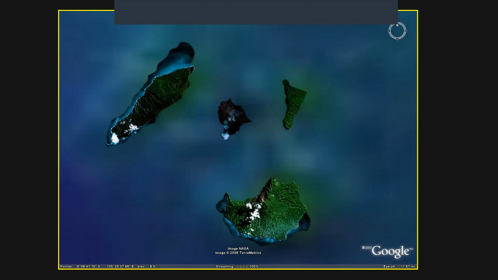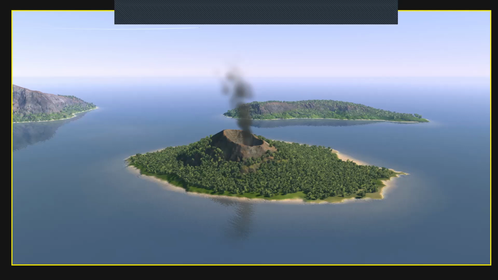This is a Google Earth image looking down on Krakatoa. Krakatoa is located, it was an island, it kind of is still, between Java and Sumatra in Indonesia. And in 1883, it exploded, obliterating 70% of the island. The sound could be heard in Australia. And it actually changed the world climate for a couple of years because of all the ash it put into the atmosphere. It also created a tsunami that killed something like 40,000 people as well. So it exploded, but it's coming back. The cone has risen back up. So it's still an active volcano.